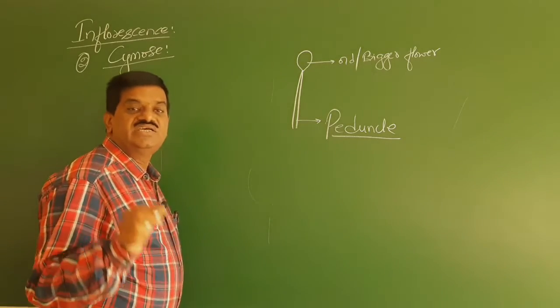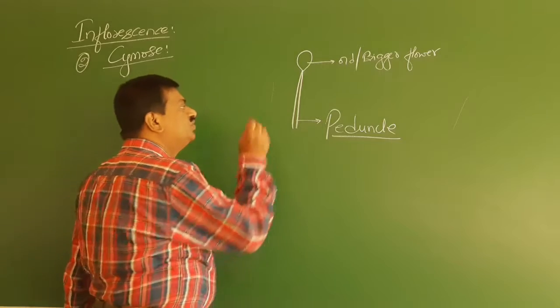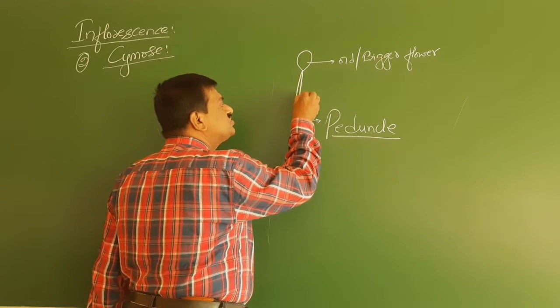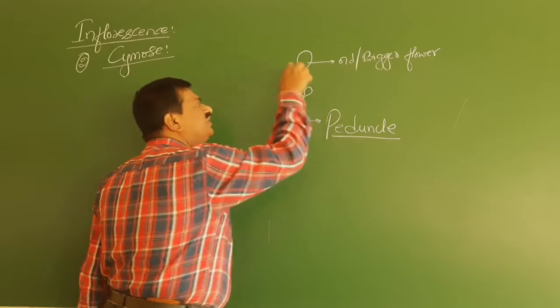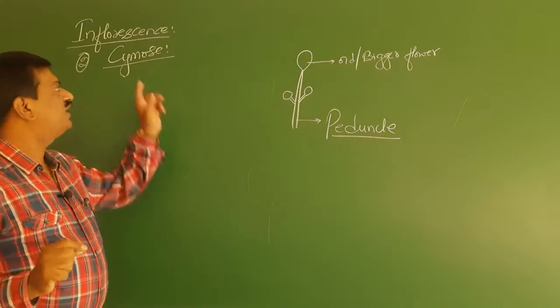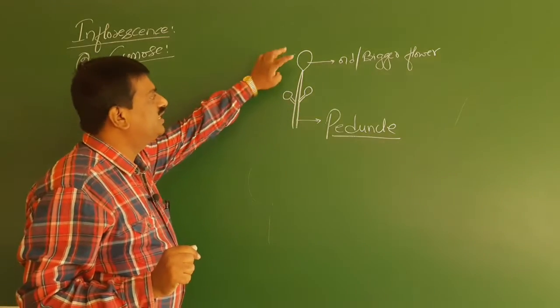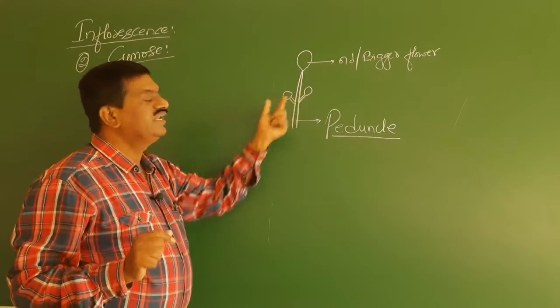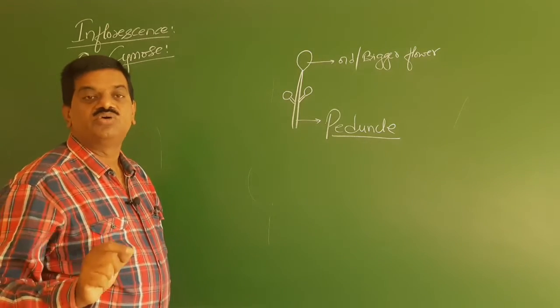And it has a definite number of flowers. The meaning of definite number is that we can count how many flowers are there. So here there is a definite number of flowers, which is called cymose. I am repeating it. In a cymose, the peduncle ends with an older flower and a limited number of flowers are present. Now, we will start with